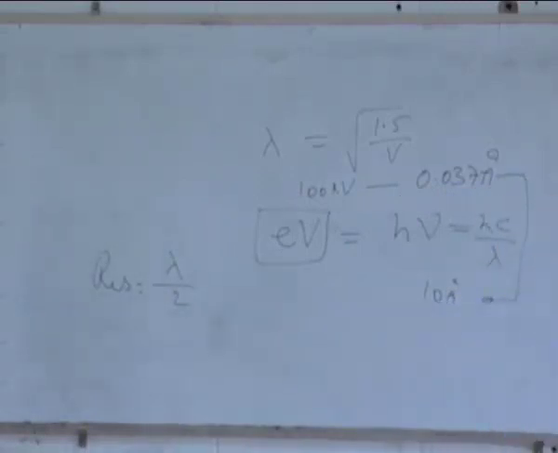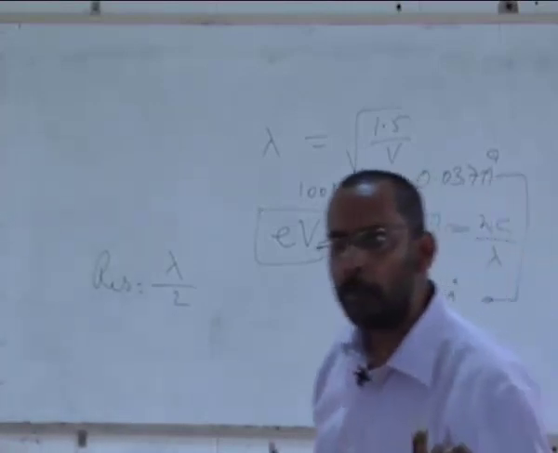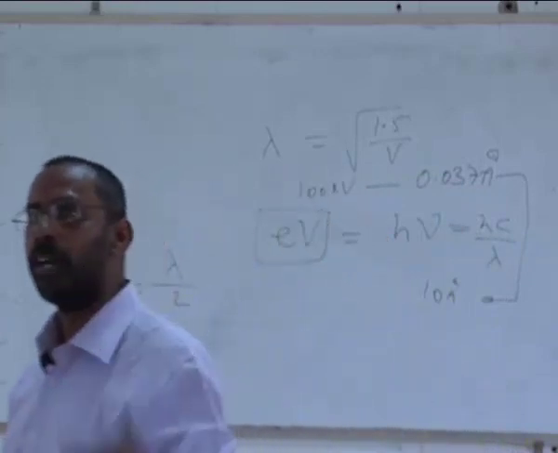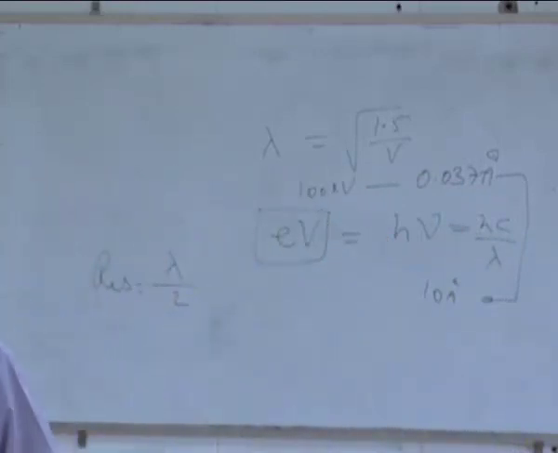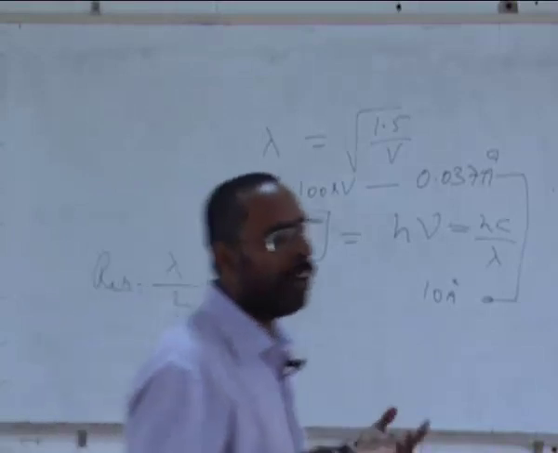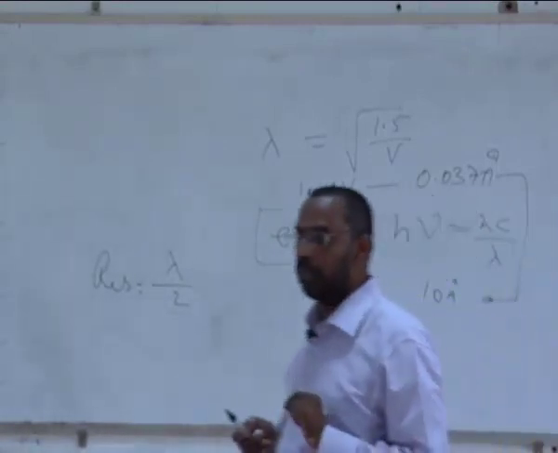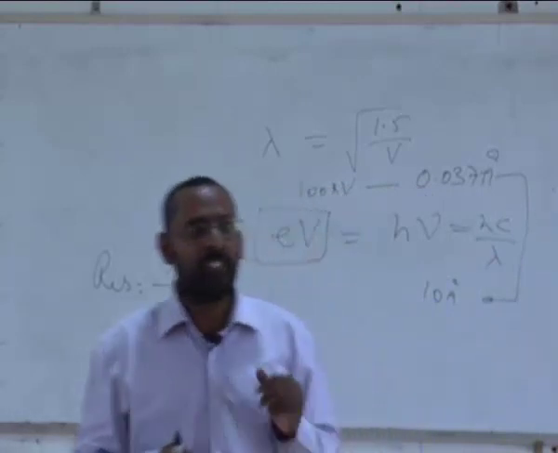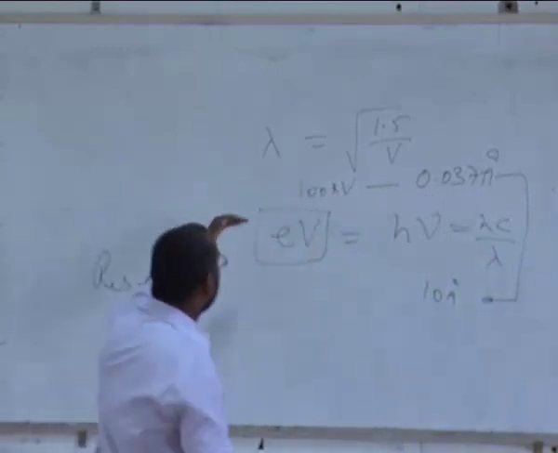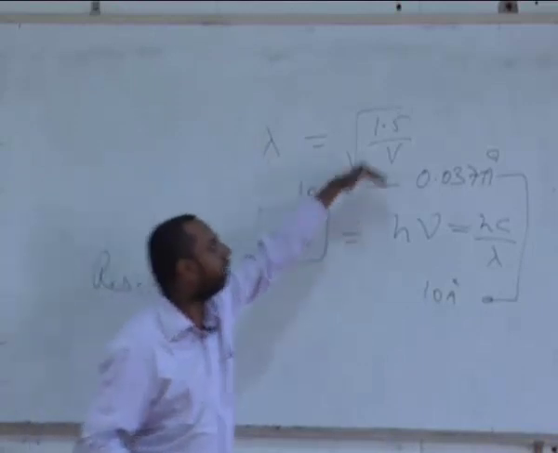Every lens has an aberration. Usually we know in optical lenses, chromatic aberration, spherical aberration. Have you heard of them in optics somewhere? You also have what is called astigmatism, things like that. So a variety of aberrations you can have. And if I can correct these aberrations, you will be able to get a very good magnification, a very good resolution. The other possibility is to increase the voltage further.